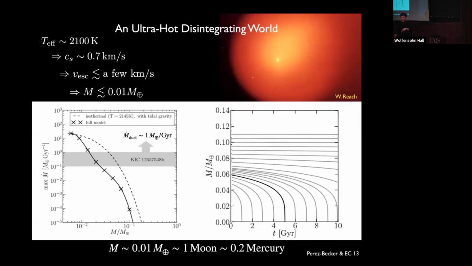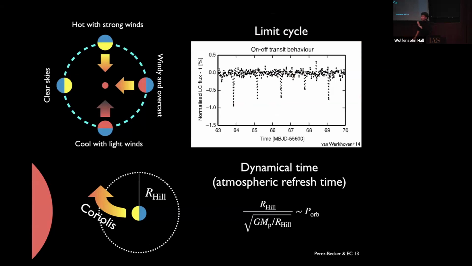But because the mass loss rate is exponentially sensitive to surface gravity, once it weakens to the point, it just falls off a cliff in mass versus time. Okay, so what we're seeing now, you get lucky, you catch it in this fireworks phase of its demise. To explain the time variability, there must be some kind of limit cycle going on.